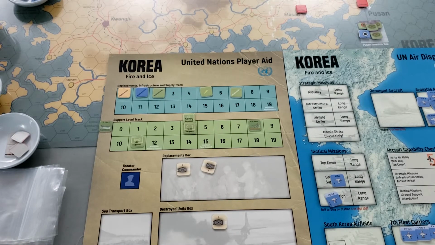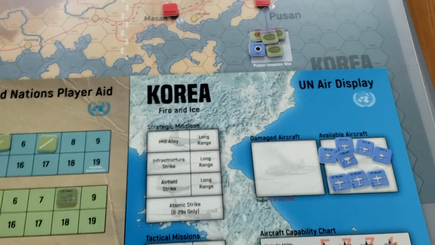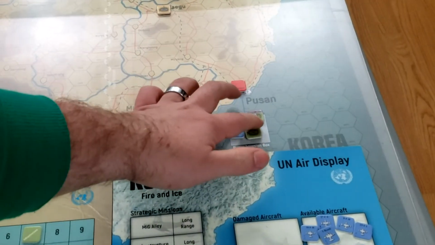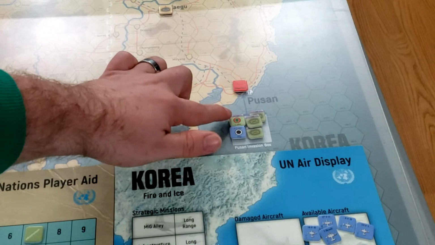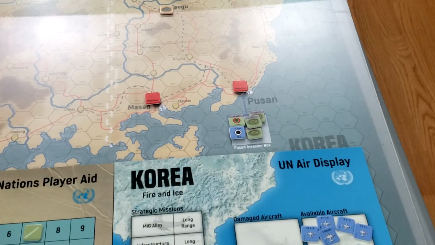Quite a bit higher, actually. Quite good with 8, because we added 4 to the existing 4. And then the units that were added are down here in Pusan. As I said, we have 3 American combat units, their cadre, and the UN HQ, which are the